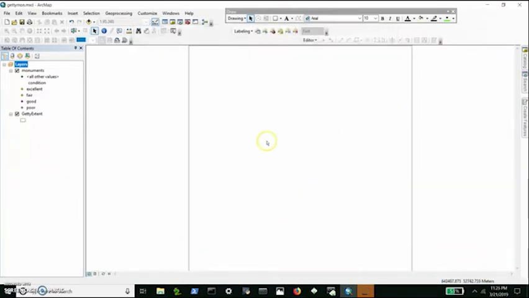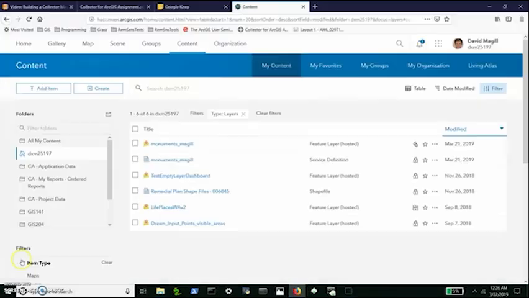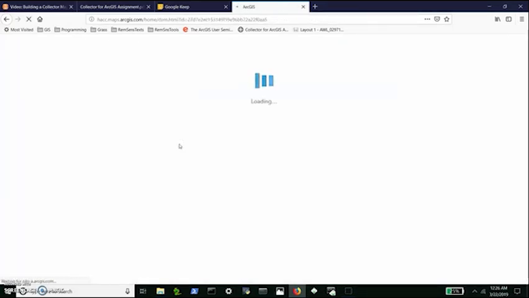So the next step will be to get on ArcGIS Online and look for our feature service. So I've logged into ArcGIS Online and went to the Content tab. My content I filtered out just to show the layers, and here we are. And these two entries correspond to the feature service that we created. A service definition entry and the actual feature layer. So we go ahead and click on the feature layer,